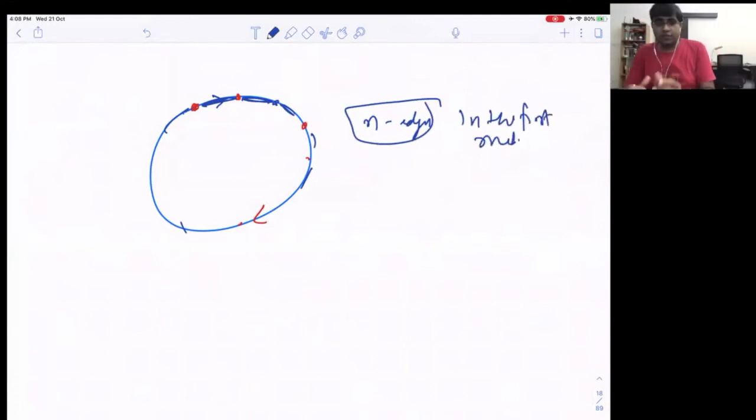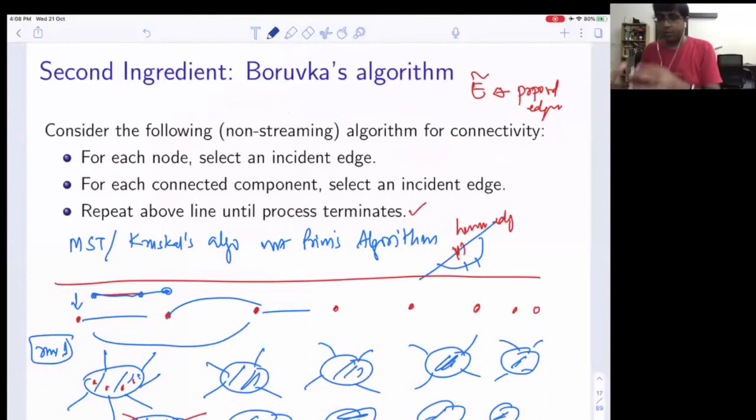So it's not that we are creating a spanning tree. All I'm saying at this point is that you keep proposing these edges, you collect all these edges as E tilde, and you repeat. So what was the process? We propose. Now look at this edge set from the first round. Look at the connected components imposed by this set of edges. You contract them into components. Now look at the edges which are incident to these.